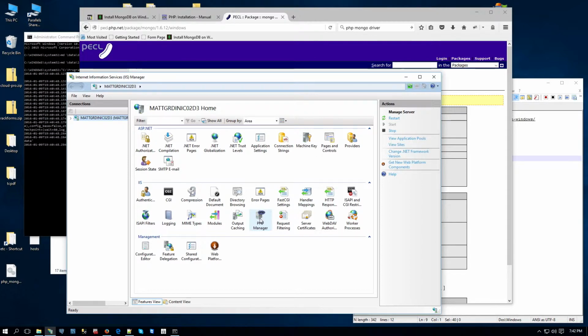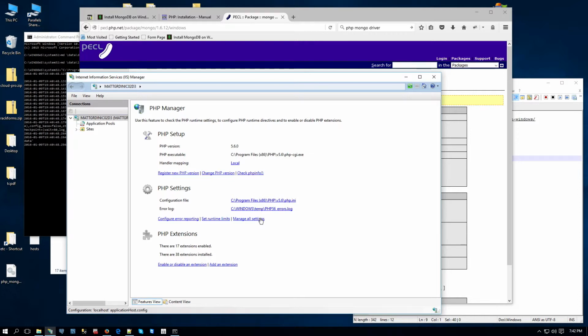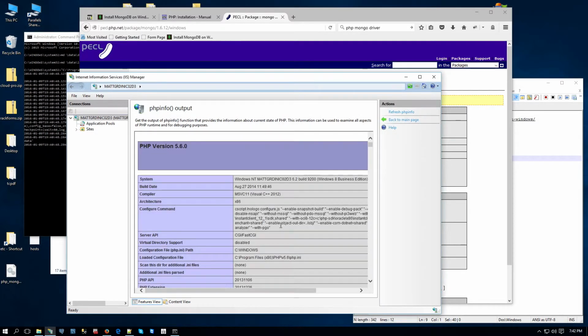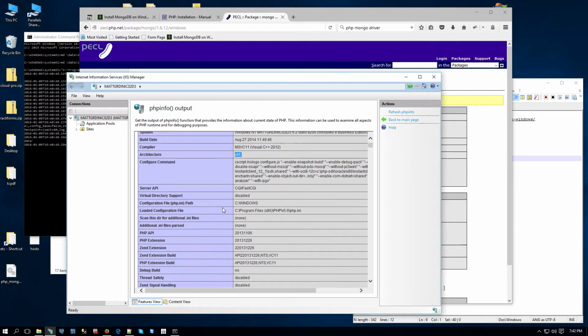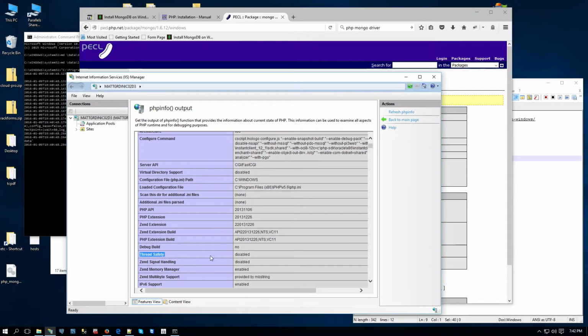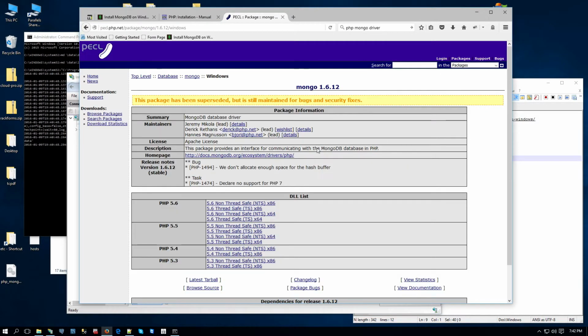So specifically, I need to get those 3 pieces of information. I'm just going to load up this item here in IIS, and I'm going to check my PHP info. And this will tell me the version of PHP I have, 5.6.0. This will tell me the architecture, x86. And then finally, it'll tell me if I have thread safety enabled. In this case, it's disabled. So knowing those 3 pieces of information, I know that I need PHP 5.6, the non-thread safe version of the